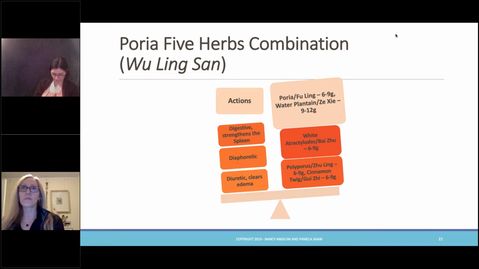Okay, so the pulse will be floating. It's definitely going to be slippery. So you'll feel the moisture in the pulse, right? It could have a soggy feeling to it. So how does that feel? That's different. So slippery, you have some action to it. Soggy, it's not moving as much, so it's a little heavy. So the story, the history that comes along with this particular formula, or you would think of this formula if you heard